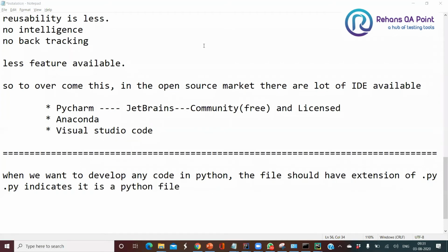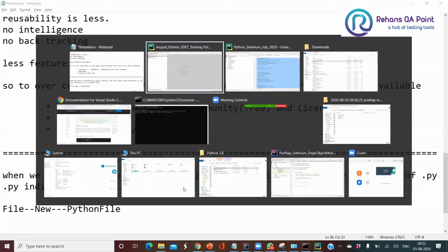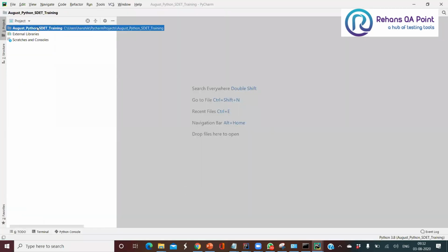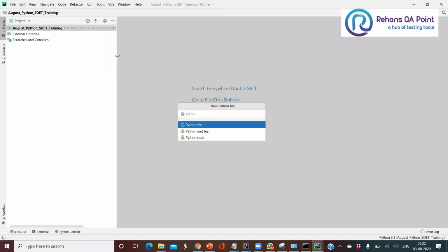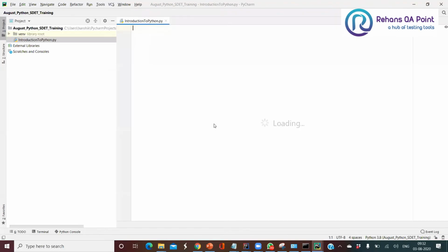Now go to File, right click, New, Python file, and give some name to your Python file. I'm going to name it introduction to Python. Choose Python file and press enter.